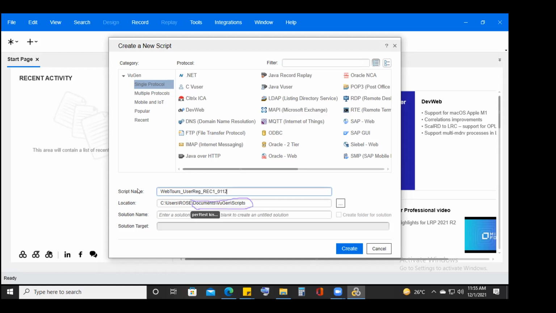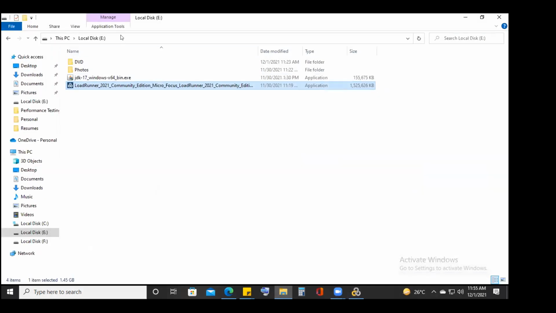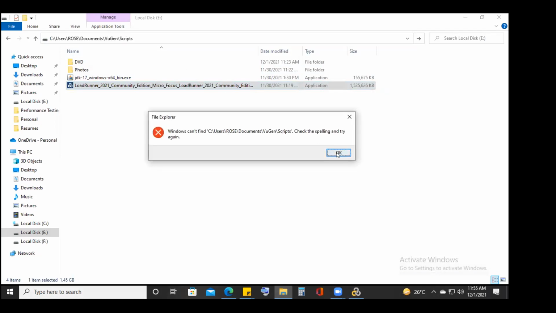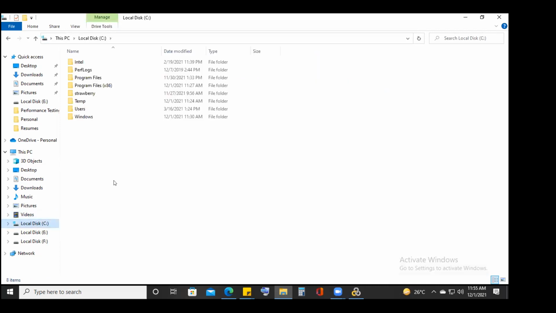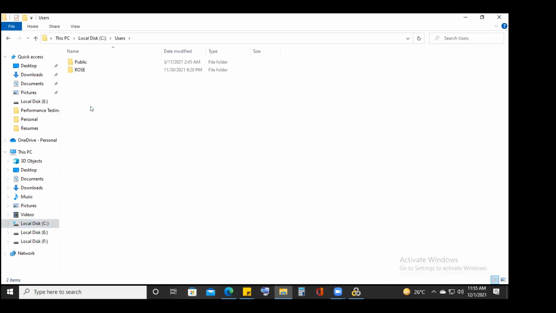Now, what you do is go to that folder. Copy the path from here. Please copy the path from here. Yeah. Open a File Explorer. You can go to Documents. Under Quick Access, you have Documents, right? Click over there.